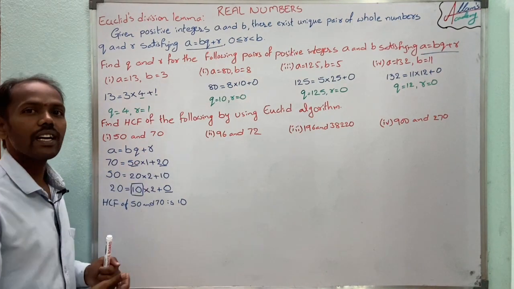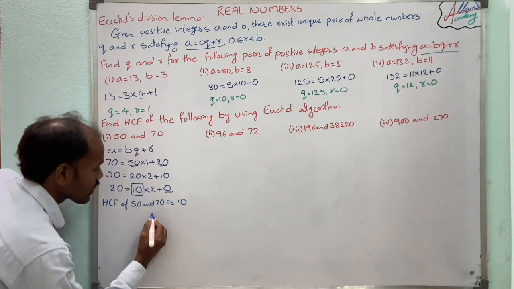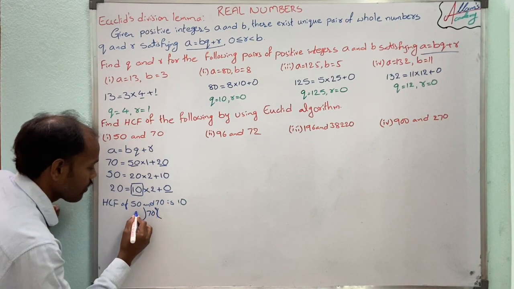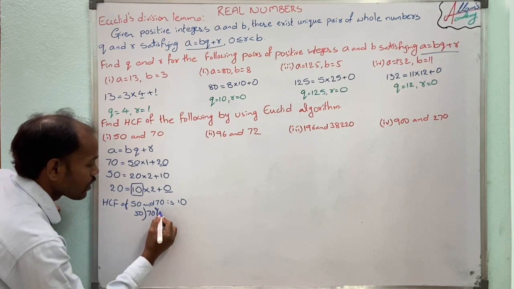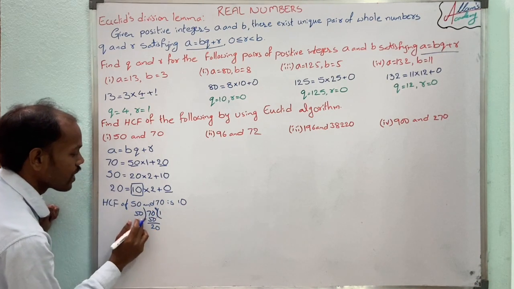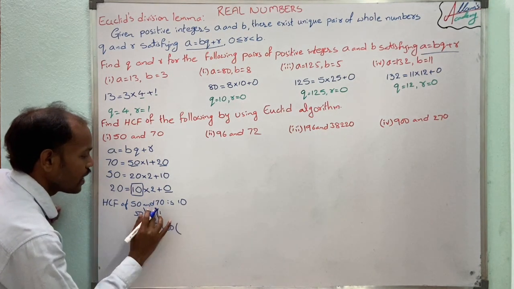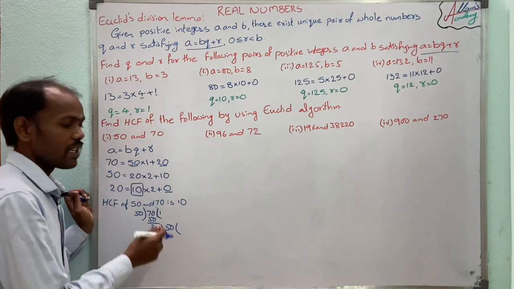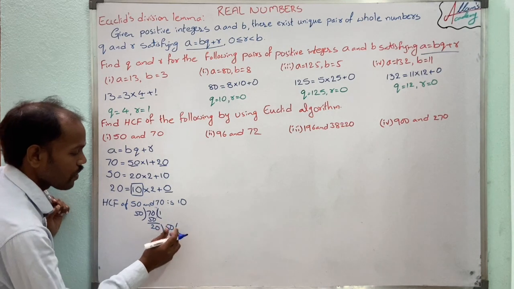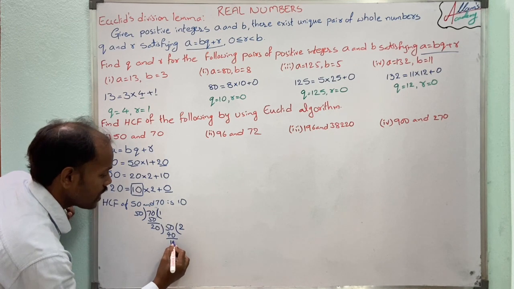If we observe the division method of HCF, here 70 is divided by 50. So 50 times 1 is 50, and the remainder is 20. 50 does not divide by 20, so we will divide 50 by 20. In division form, finding HCF we studied in our earlier classes. In this process we are finding it. Now 20 times 2 is 40. So here the remainder is 10.